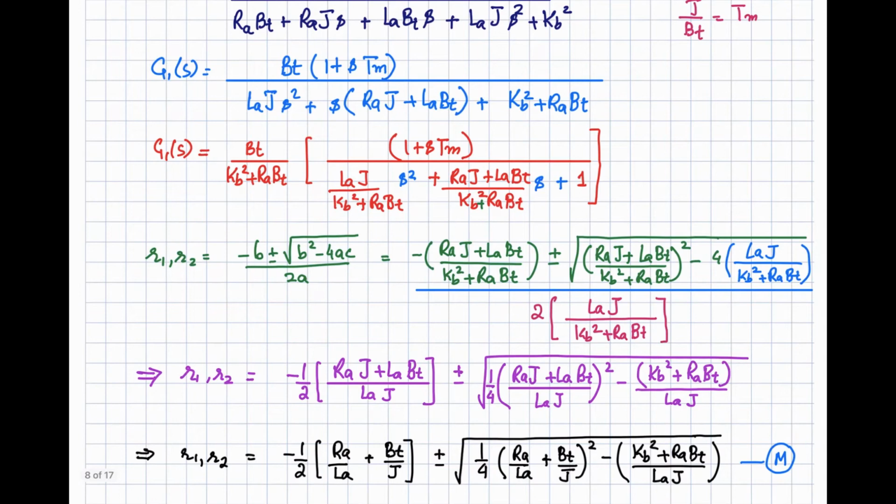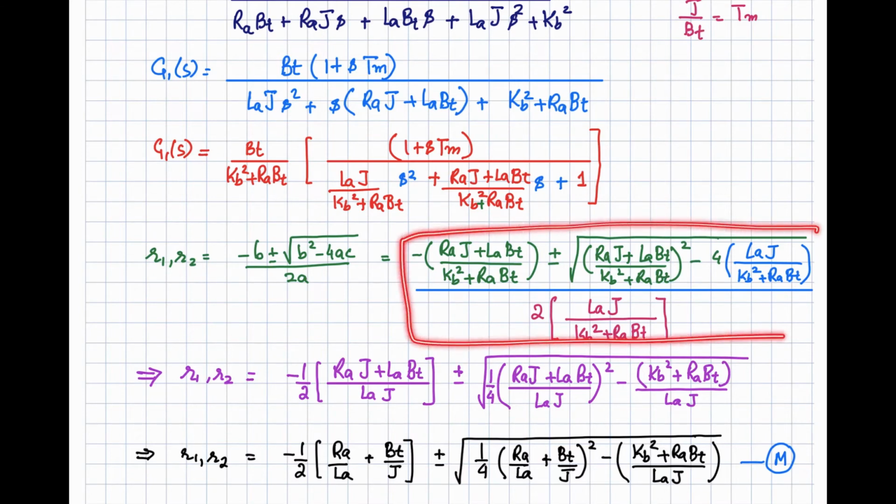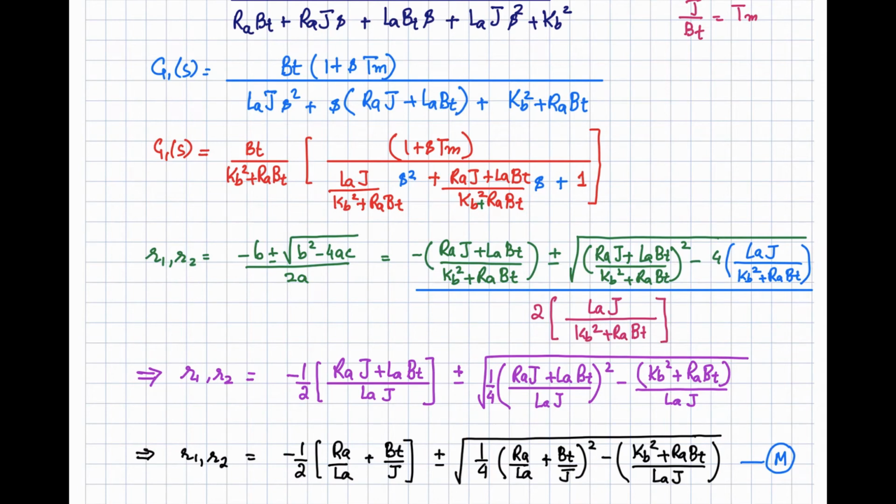And now let's find out the roots of this quadratic equation. Here you can see the S square term, S term and the constant term. So you can use the quadratic formula, minus b plus minus under root b square minus 4ac, whole divided by 2a. In this, a is this term, b is this one, and c is equal to 1. So use these values in this expression. So you can write like this. Solving this, you will get the roots, and those will basically be the poles of your current loop.